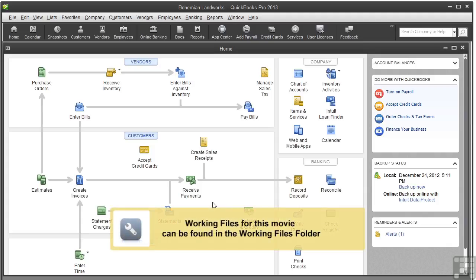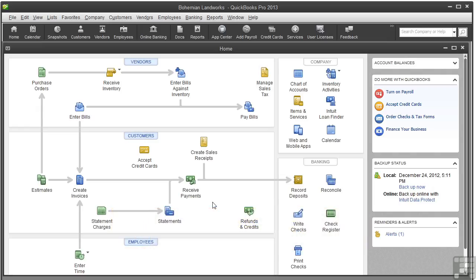Do you sometimes hire a caterer for special events? Or a handyman to change the light bulb? Do you pay sales tax to a sales tax agency? If you run a business, you're going to have vendors, and you'll need to pay those vendors for the services